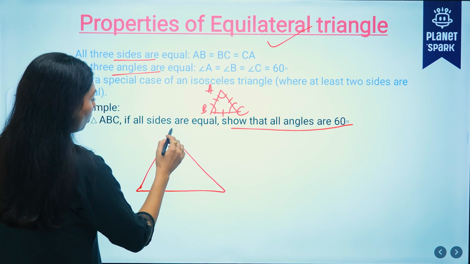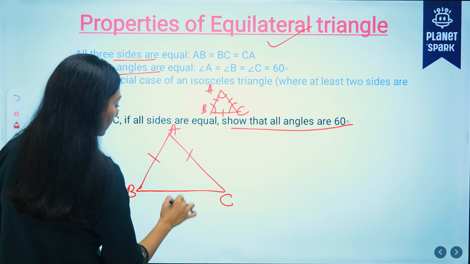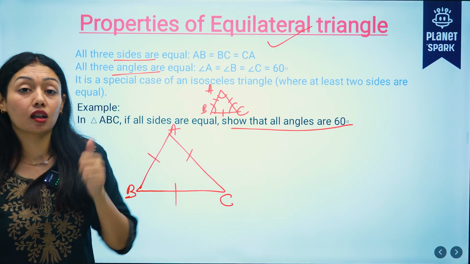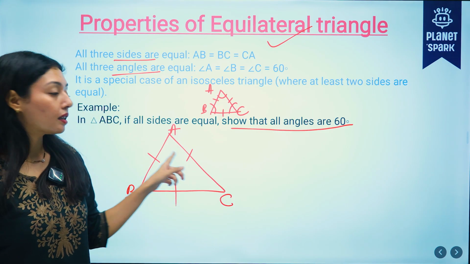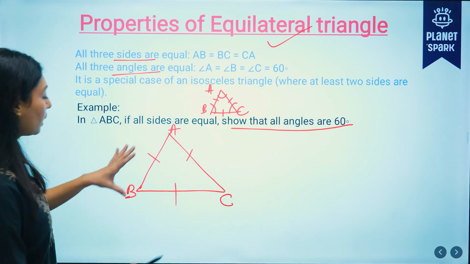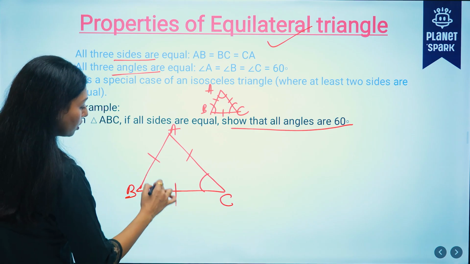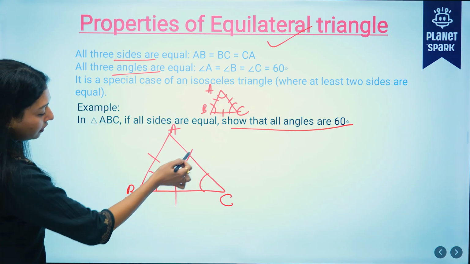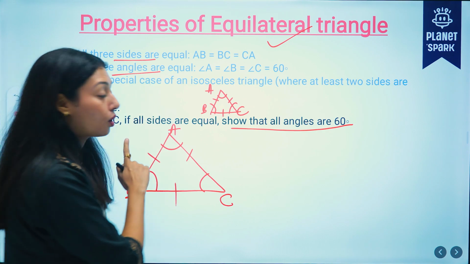Okay. So all the three sides are equal. A, B, C. Right? Whenever we have two sides equal, last property में हमने क्या पढ़ा last theorem में? Yes, if sides are equal, two sides, then we can say the opposite angles are equal. So let's say this is a special case of isosceles triangle जहाँ दो नहीं तीनों sides equal हैं. But at a time we are considering two. Since AB is equal to AC, we can say the opposite angle C is equal to angle B. Right? Then AC is equal to CB. So the opposite angle to it, angle B is equal to angle A. Right? Two times we have used the previous theorem, 7.2.